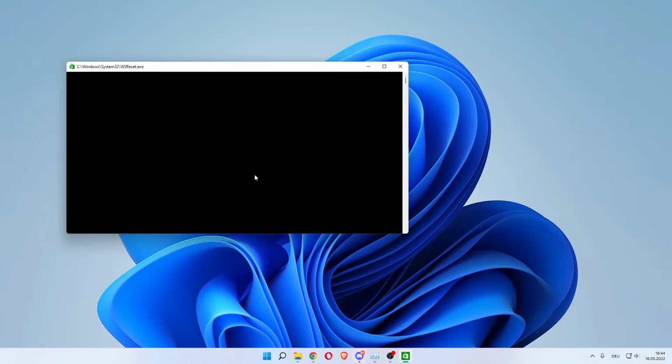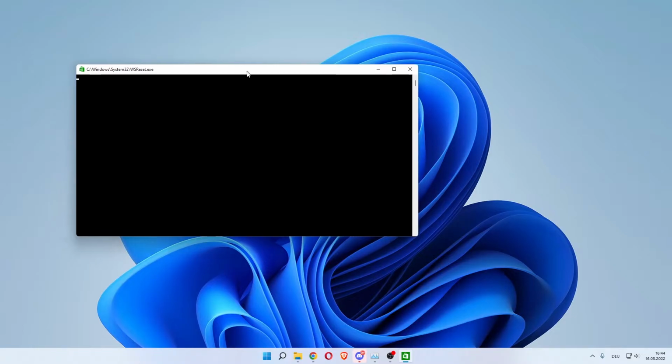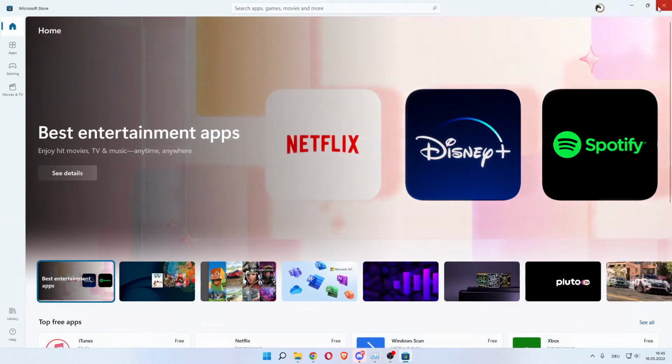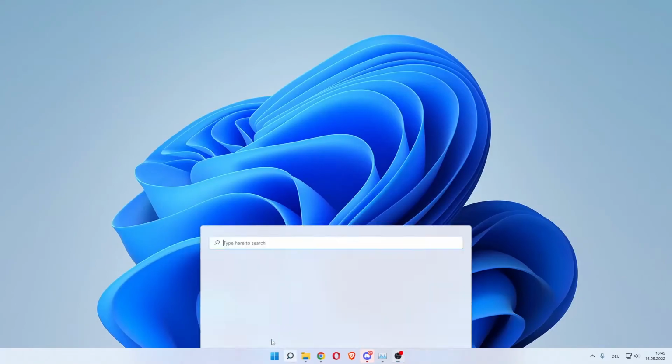That might already fix the problem, but there is a second solution that I will tell you right after the reset is done. You will know the reset is done once the Microsoft Store itself launches, as you can see. Now for me this worked, but the second one would be to go open up the search bar again and